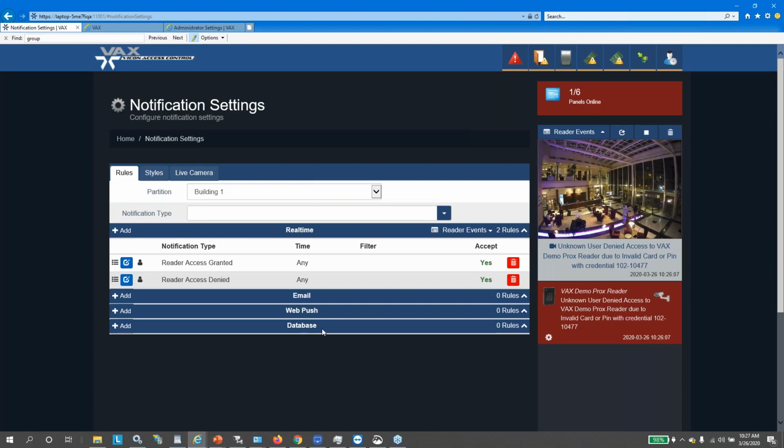Database. The database stores all the notifications. By default, any notification that appears will be stored in the VAX database, and VAX uses a SQL database. Again, by default, all the events will be stored in the database, but let's say there are some events, for example, like door locking, door unlocking. You don't need those events to occur or to be saved, so you can filter them out so they're not saved